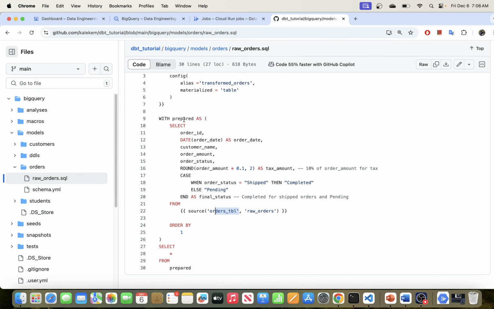And what we're doing in the table is we are basically just selecting the order ID as it is in the table, and then we are turning the order date into a date, naming it as order_date. We are creating customer name, order amount, order status, and we are creating an additional column here called tax amount, and that is the calculation that we are putting here: for any order amount we are applying 10% for